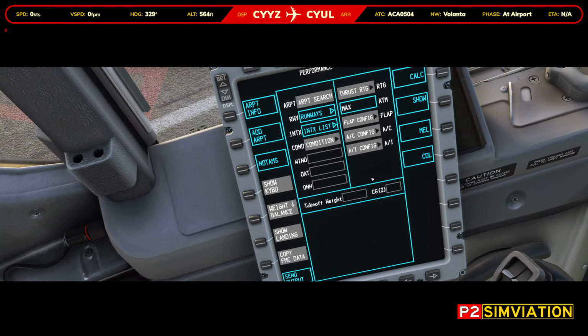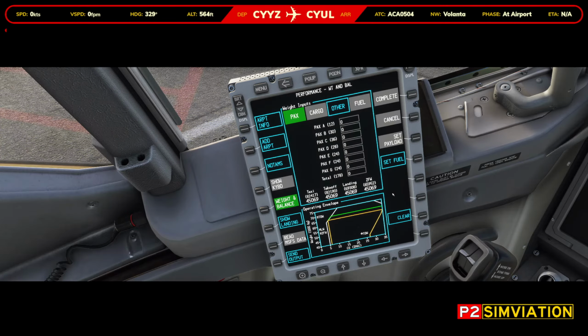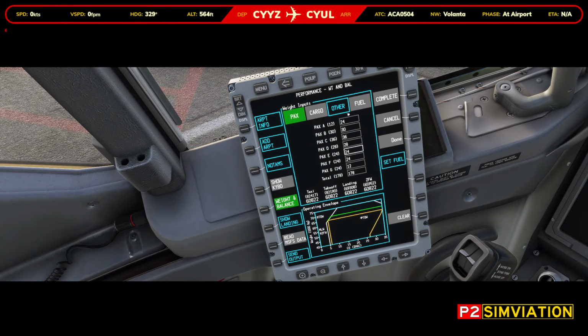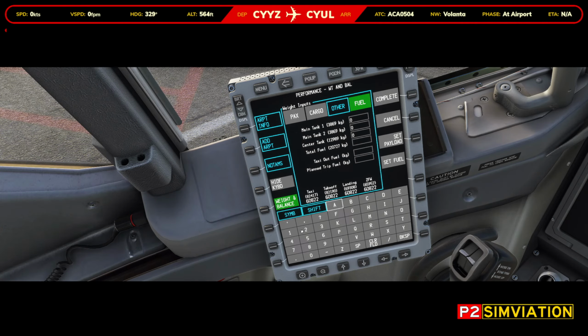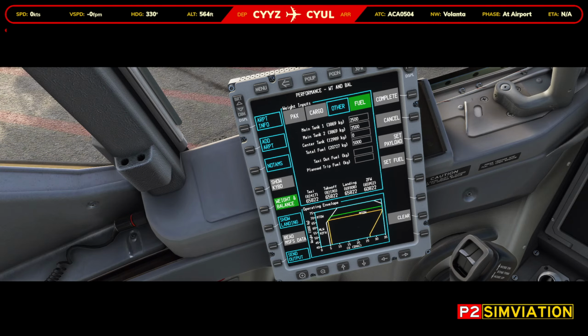I know we have to go to performance and payload for this. Weight and balance. Our total passengers are, we have a full flight, so 178. Set payload. Done. Perfect. Fuel, we are taking 5,000. So our total fuel is going to be 5,000. Set fuel. Done. Our zero fuel weight was supposed to be